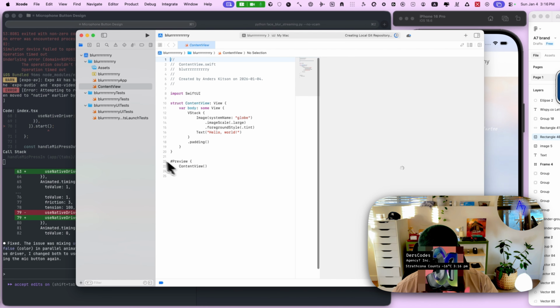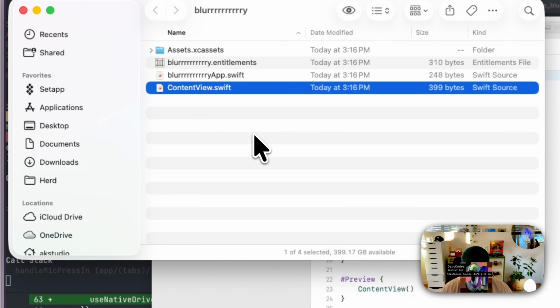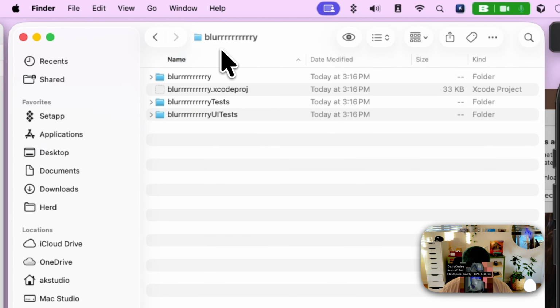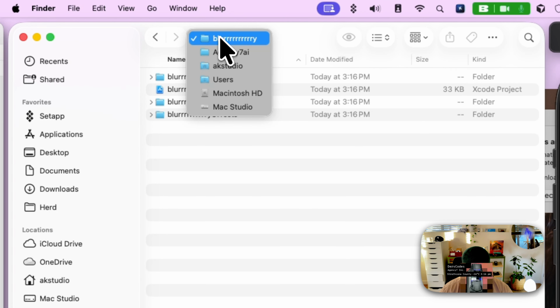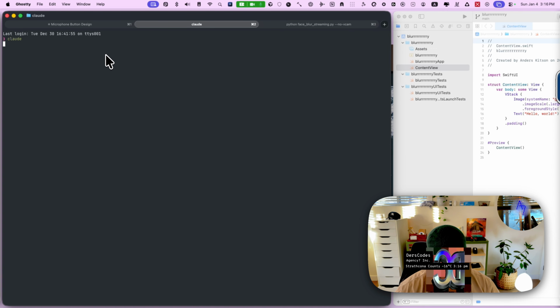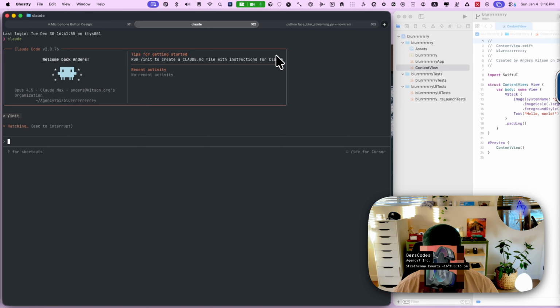Okay, so I want to open this up, show in Finder, and I want to open up Blurry in a new Ghosty tab, and we're just gonna do a Claude on it, and we'll do /init to start. Now,